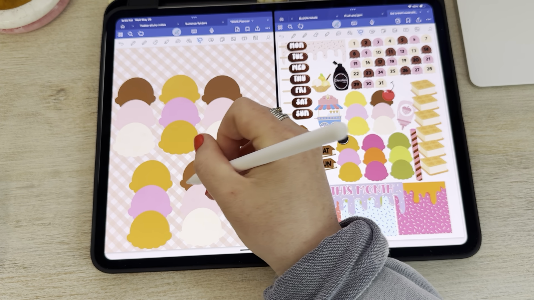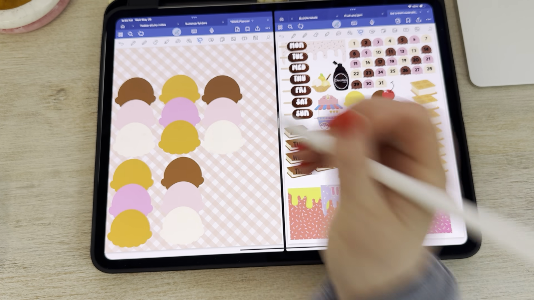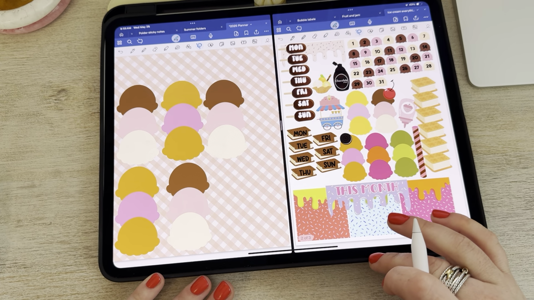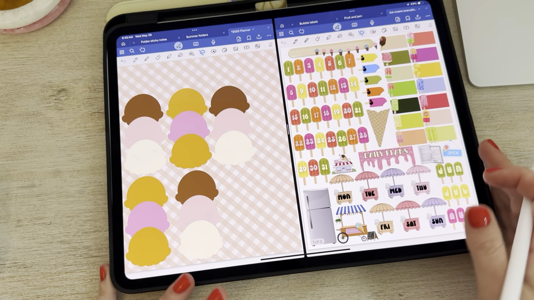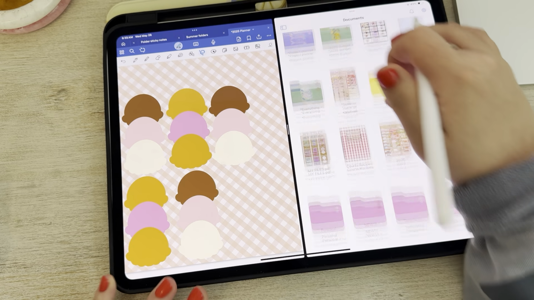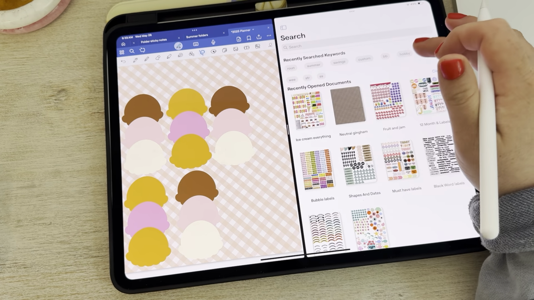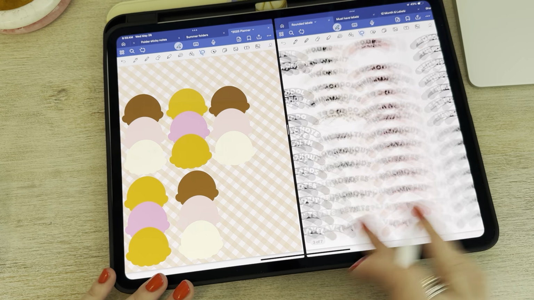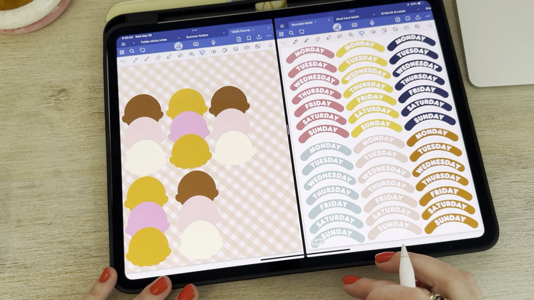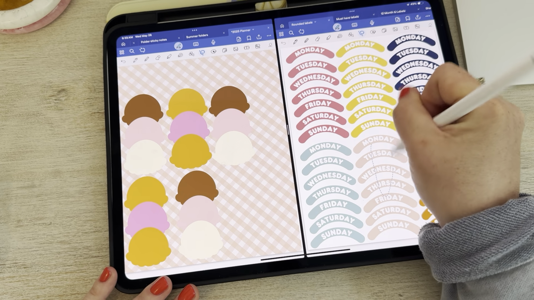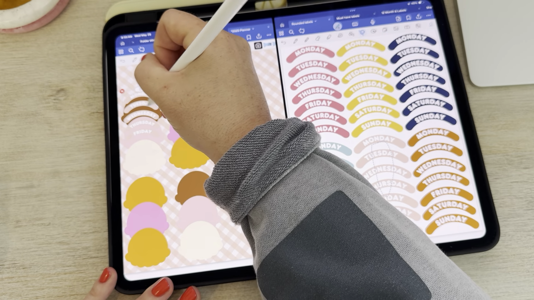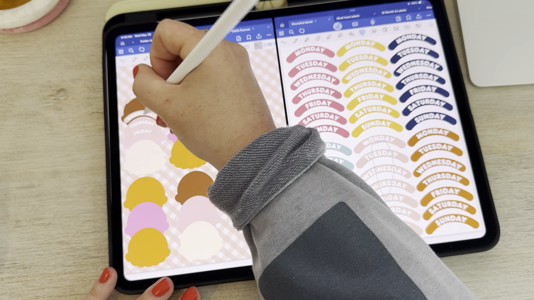And you could come here and put, for weeklies, you guys, I like to do Monday through Friday because I always do a weekend planner, but you don't have to do that. You could come here and I want to get the rounded. Let's go back to rounded. So you see what I'm doing? I'm letting my creativity run. If you have a lot of anxiety and you're constantly stressed, this would be really, really relaxing for you. And it is. So I'm going to grab Monday through Friday, and I'm actually going to put the little scoopers, Monday, Tuesday,